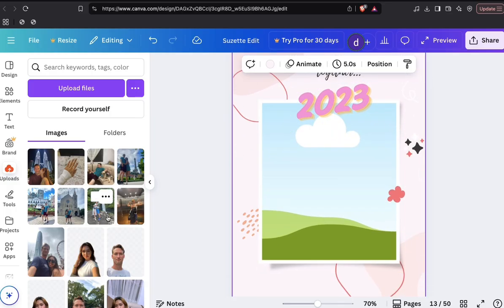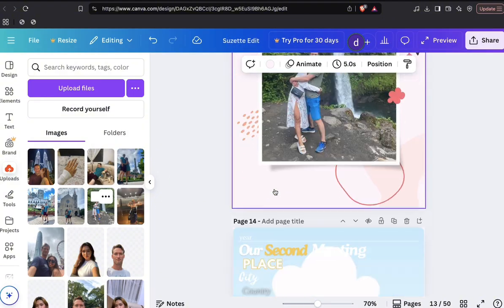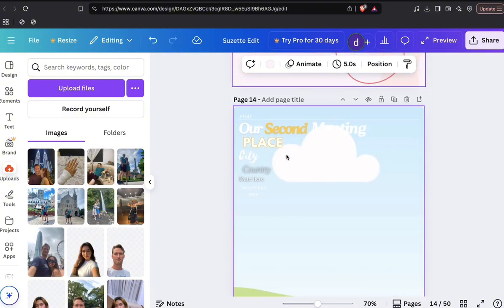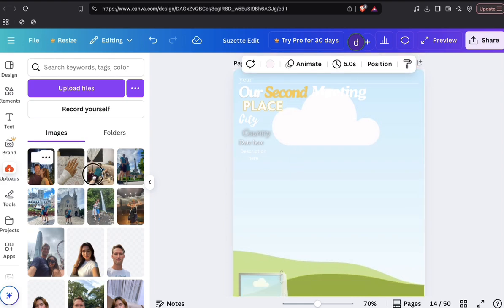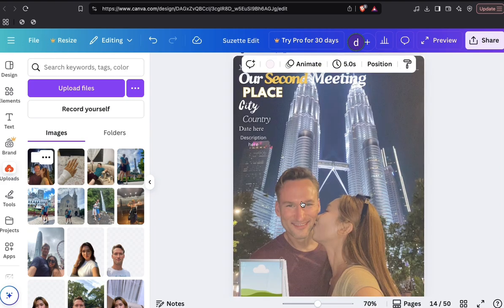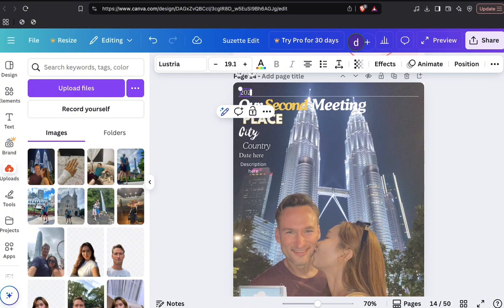So, let's say this is my 2023 photo. And then, this is the second meeting with your partner. So, let's make this as an example. And then, the year 2023. And then, let's say, Malaysia, Kuala Lumpur. And then the date, let's say September 2023. Just drag, adjust, and then